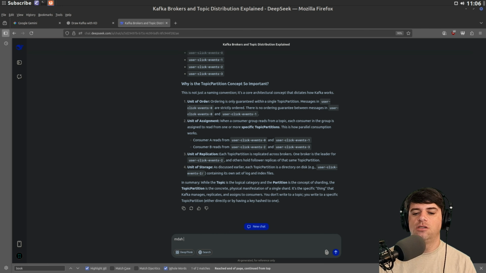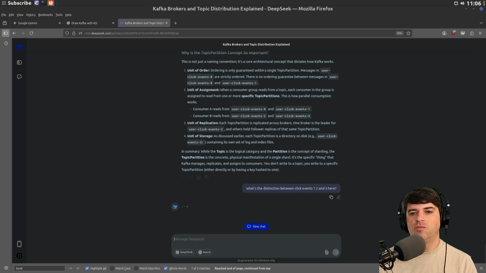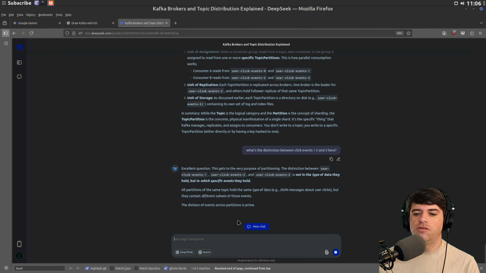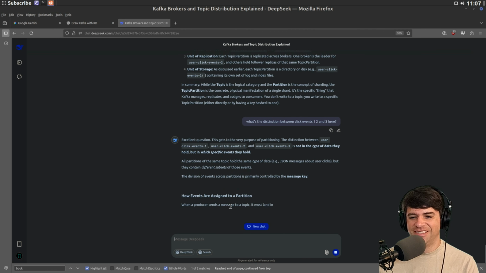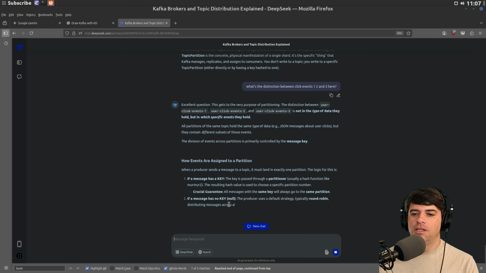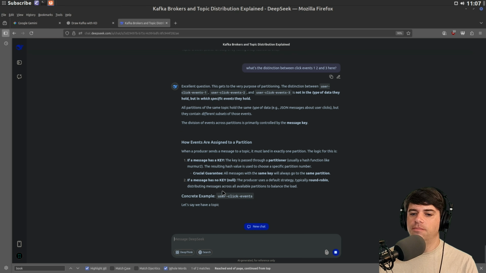So what's the distinction between click events 1, 2, and 3 here? I'm guessing they might be mouse buttons, but it might just be like, what's the word? Shards, somehow. Excellent question. But the specific events they hold, how events are assigned is blah, blah. Okay, I guess it doesn't matter.